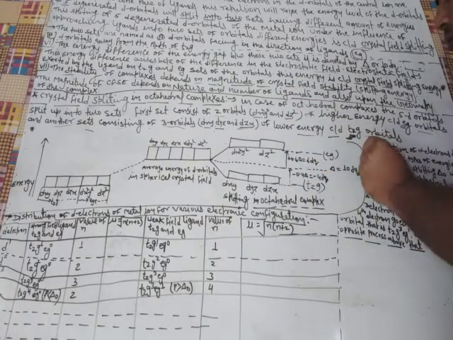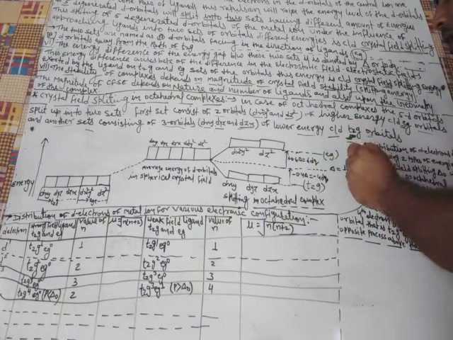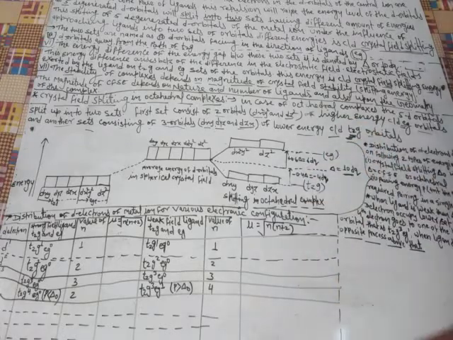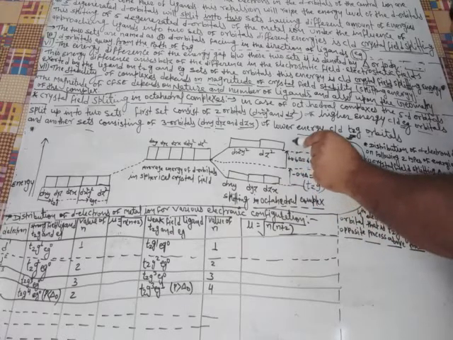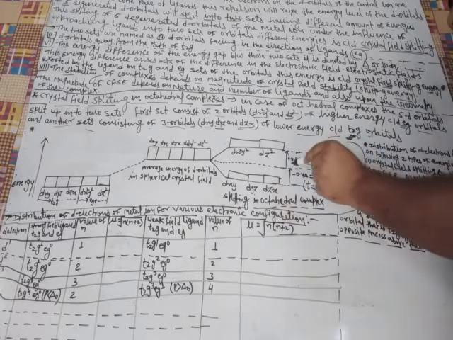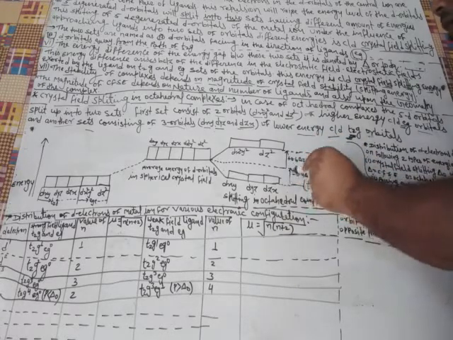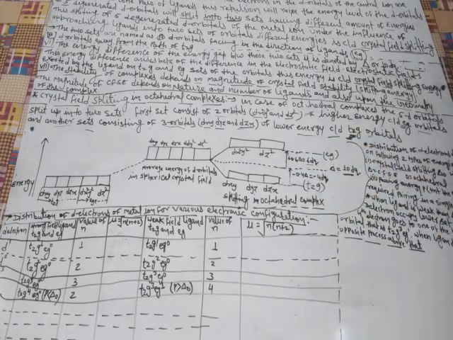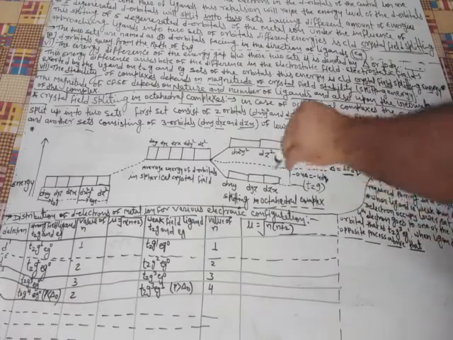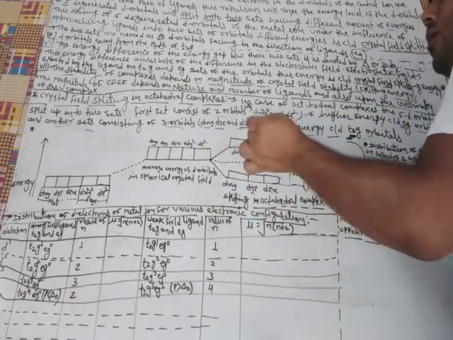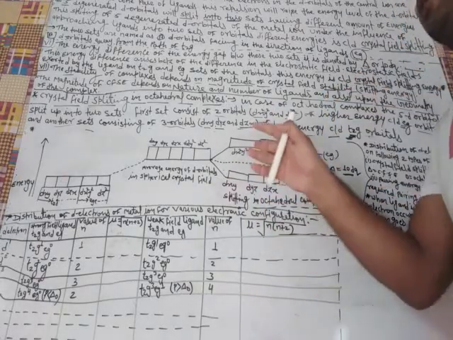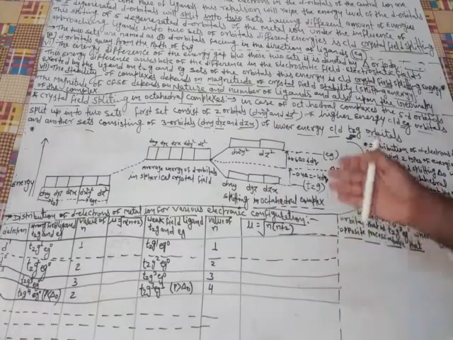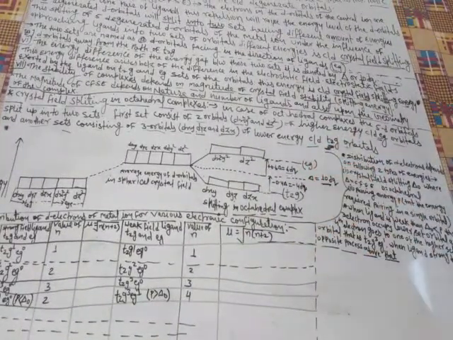The energy difference between Eg and T2g is delta equal to 10 Dq. The energy difference between the ground state and Eg is 6 Dq, and between the ground state and the lower energy level is 4 Dq. This diagram explains the splitting in octahedral complexes, but the following conditions are used in explaining these complexes.